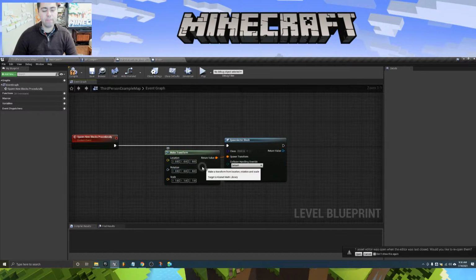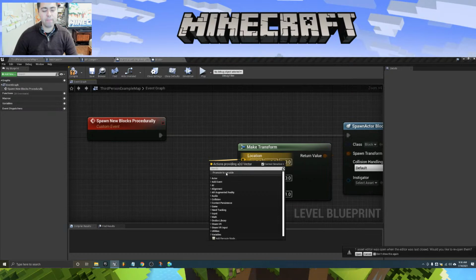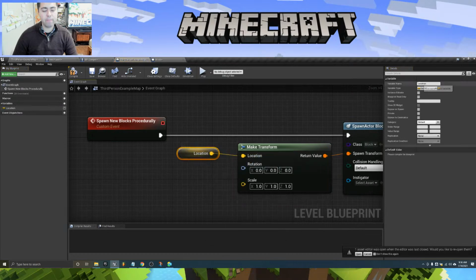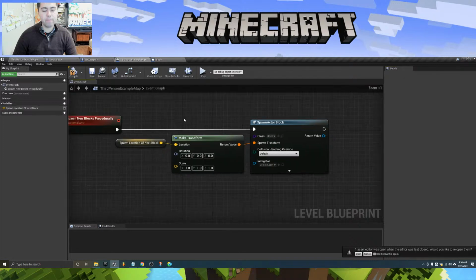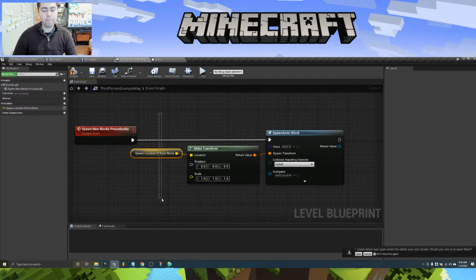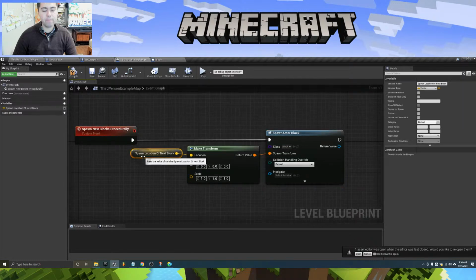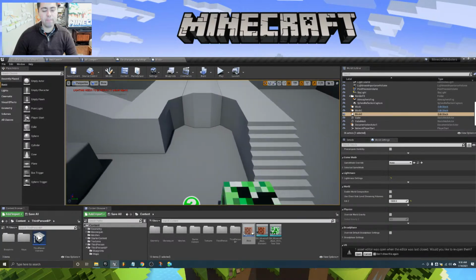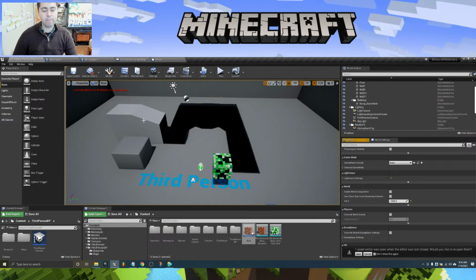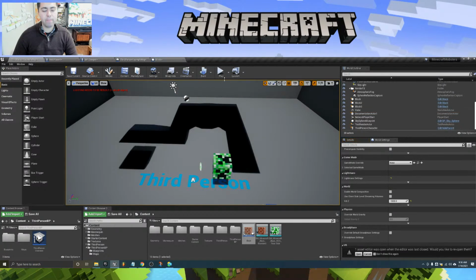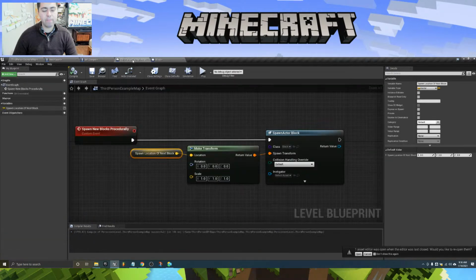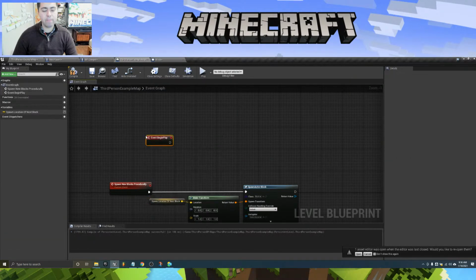So what we're going to do is make a variable out of this. Promote to variable. We'll name this spawn location of next block. Okay. So right now, if I trigger this, it's going to spawn a block at location 0, 0, 0, which is in the middle of the world, which could be right around here. In fact, actually, let me delete this stuff. Those black shadows are there because we haven't built yet. Now, if I trigger this to happen on the beginning of the game, begin play,